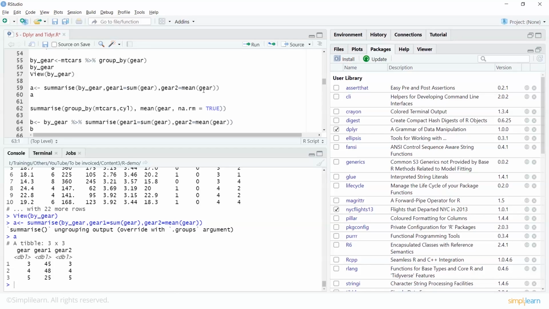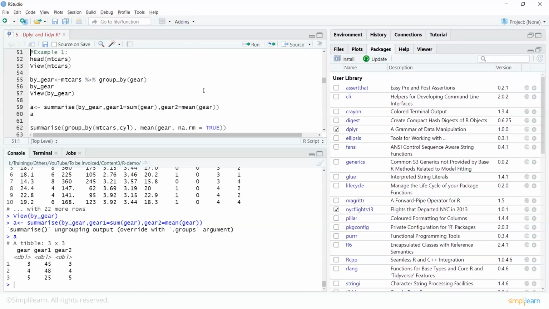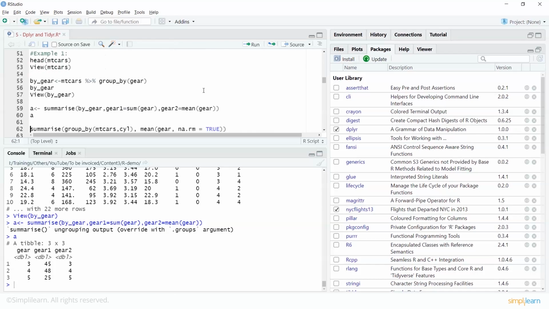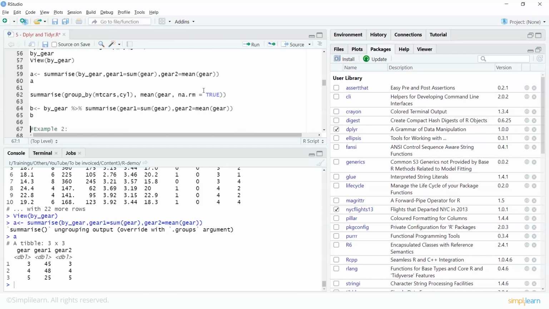Similarly, we can look at a different example. So we can say by gear, and I'm again using piping, but earlier we had grouped the data and we called it by gear. So we took our original data set mtcars, but now within this particular data, which was grouped by gear,